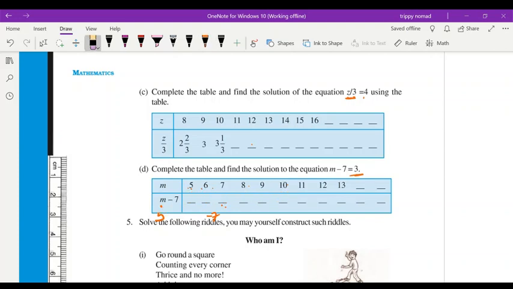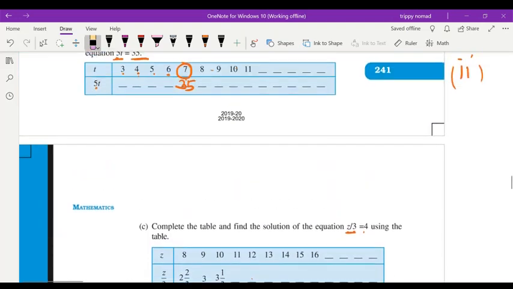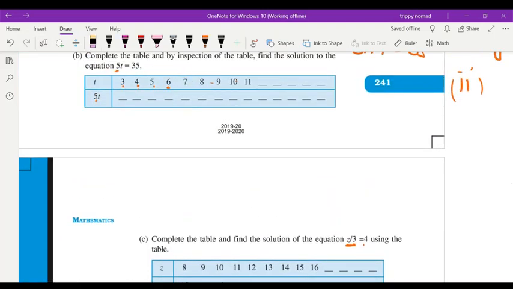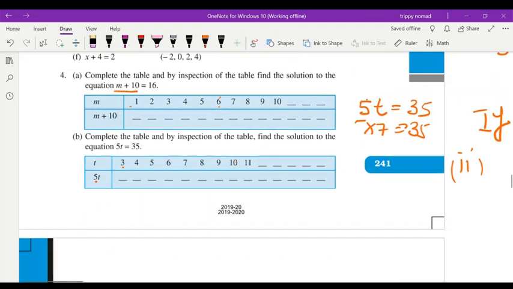Now children, I have explained. Okay, this last one is a riddle you can do. Okay, if you want to do, you can solve this riddle. From this question, you have learned, children. I am giving you one trick to find out this solution.